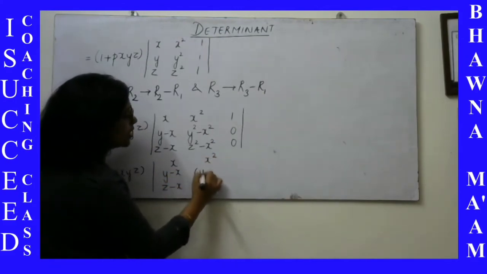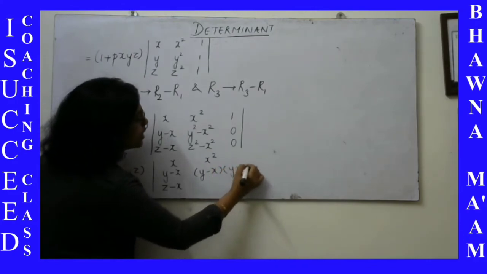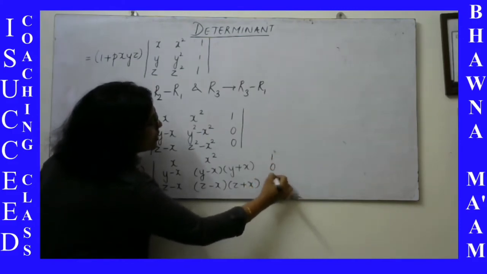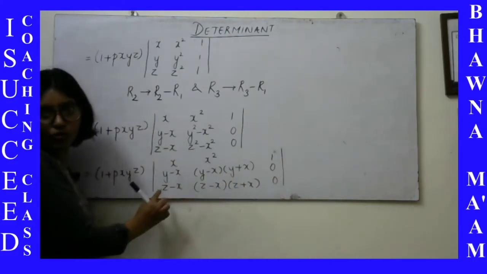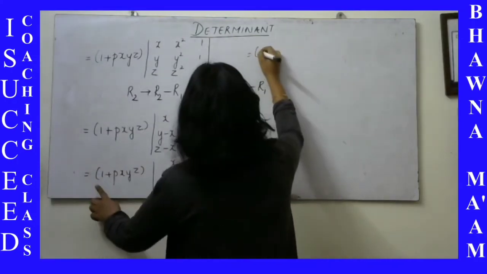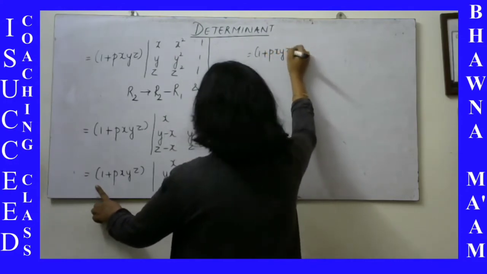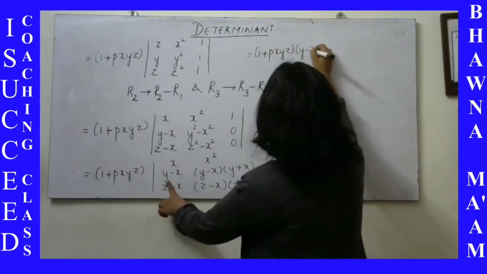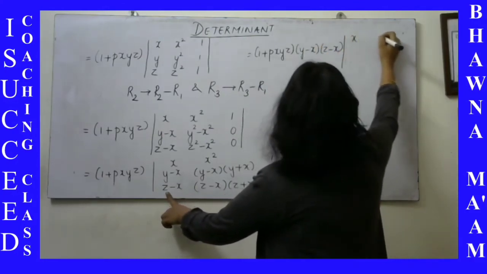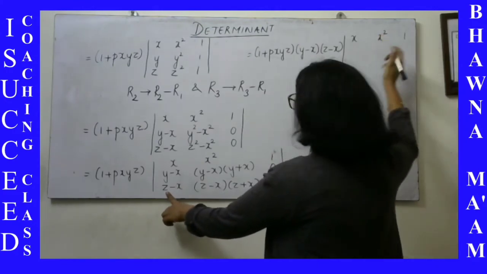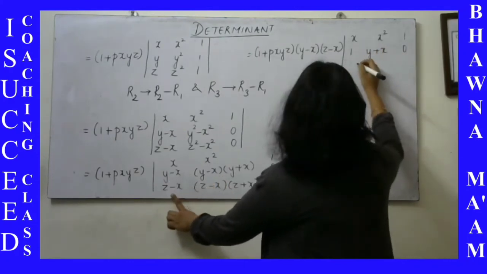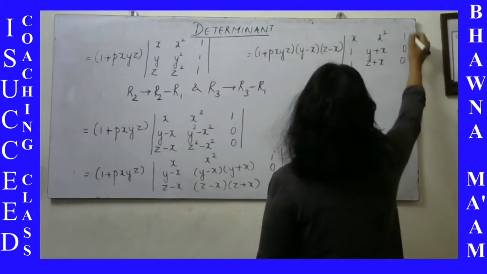Over here we can factorize this to y minus x and y plus x, z minus x and z plus x. So we see that what is common here from the second row is y minus x and from the third row z minus x. So I will write it here. This factor we do have. With that, now we have y minus x and we have z minus x. What's remaining is x square, 1. Now this becomes 1 because we have taken common. 0, 1, y plus x and 0, 1, z plus x.